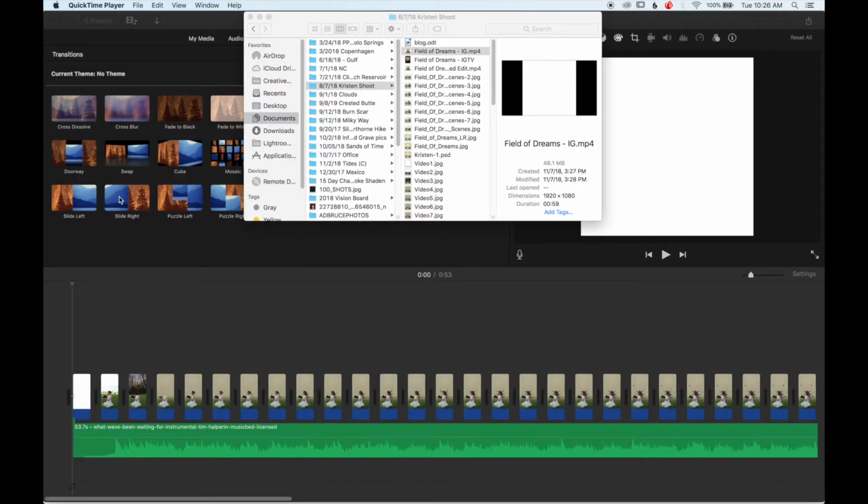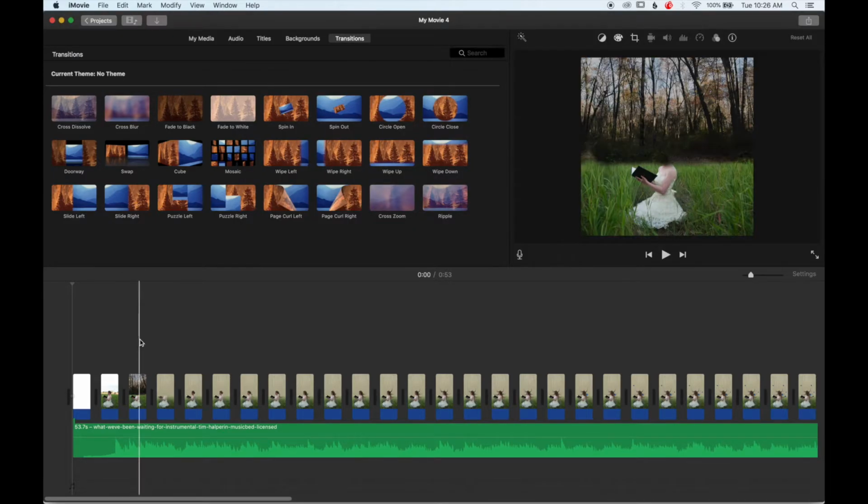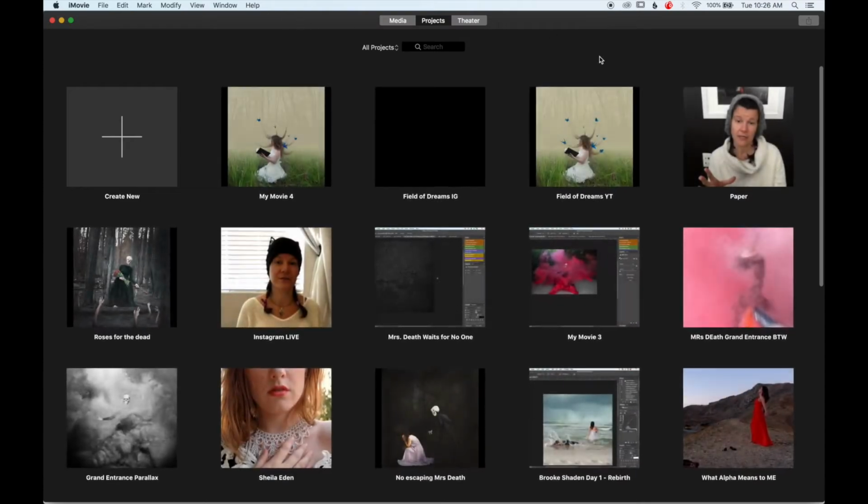So now, what I'm also going to do is create the video for Instagram TV. So if everybody's seen IGTV, this is the step where I'm going to teach you how to rotate in order to get it ready for Instagram TV. So if we go back to our project file, what I always recommend, especially if you need to go back and edit things, is that you just make duplicates of your project. So make sure that you rename your project, and I'm going to just call it FODIG